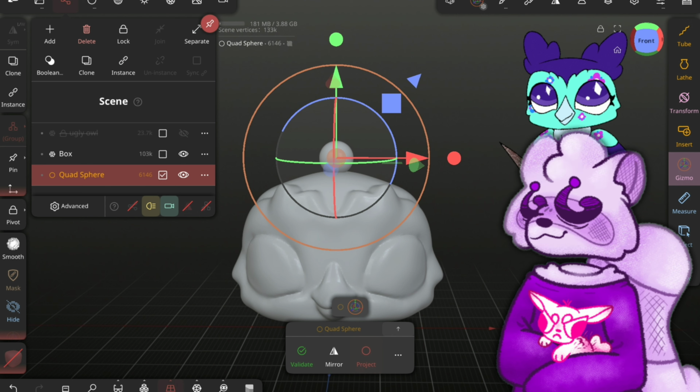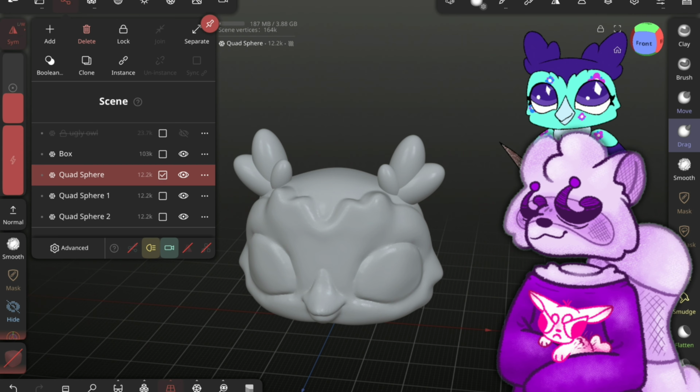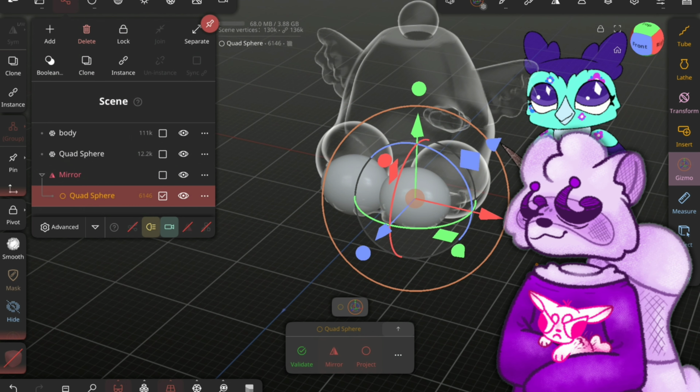I then made those little feather ears that aren't really ears using more spheres. They looked like pigtails before I smoothed them out and it was actually really cute. Someone really should make an owl character with pigtails. I actually made a model of the original cursed owl and I've been using them as a reference for the